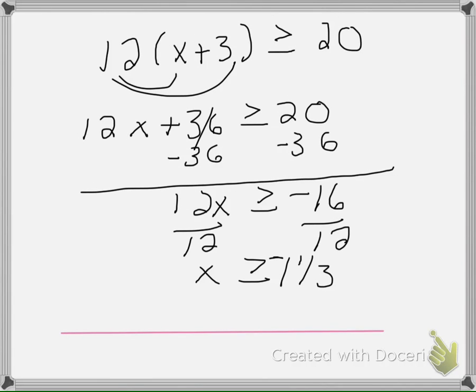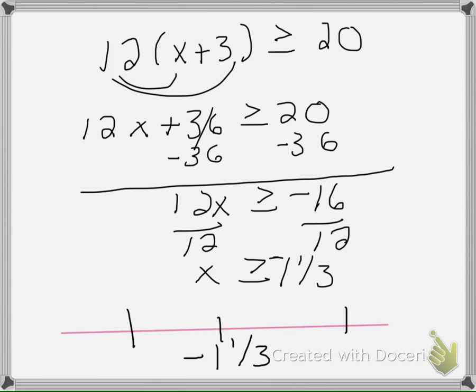I have to do a number line with something greater and something less. I'm going to count by negative 1 and 1/3. I'm going to make this negative 1 and 2/3. I'm going to make this negative 1. I counted by 1/3 for this. So negative 1 is a little bigger, and negative 1 and 2/3 is a little less. And the graph should be greater than or equal to, well, the numbers that are greater than or equal to